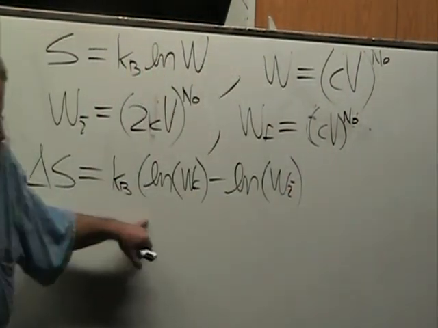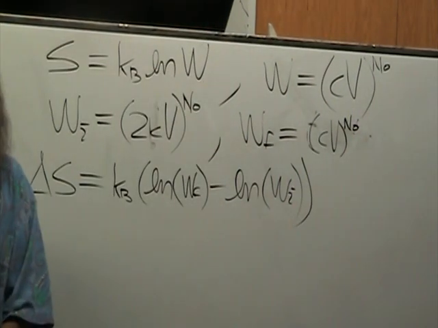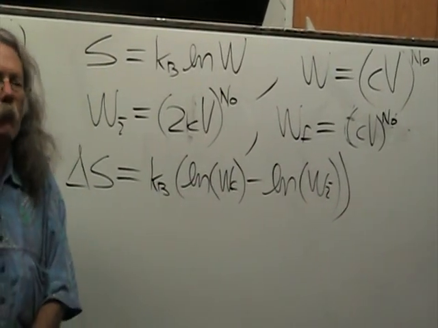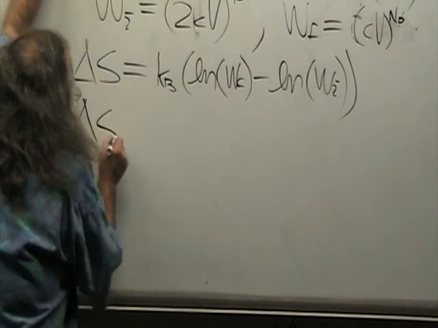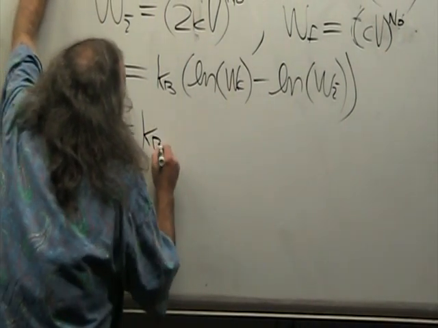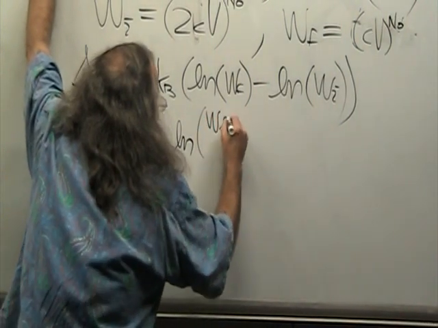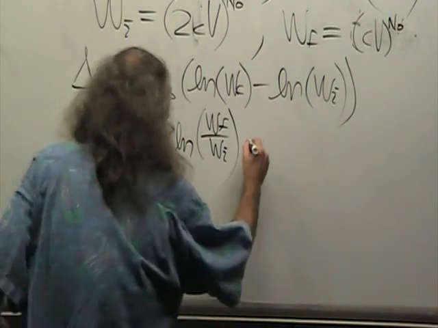And what the rules of the exponents allow me to do here, when I have the difference between two logs, is divide. So delta S is equal to KB times the natural log of W F over W I, and that's equal to